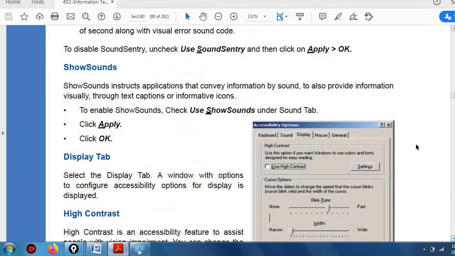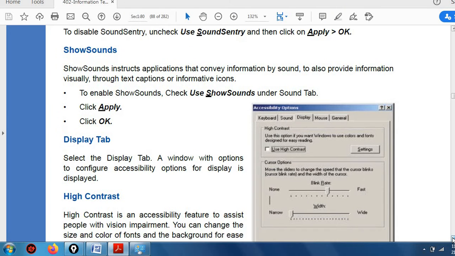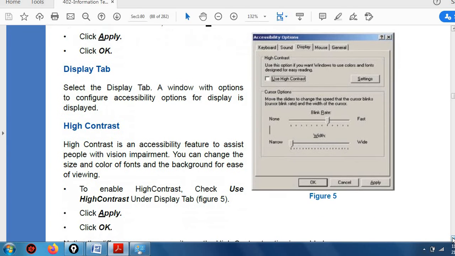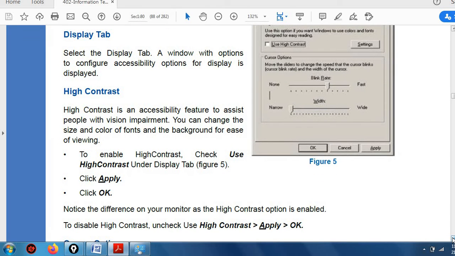Now, select the display tab, a window with option to configure accessibility option for display is displayed, high contrast. अब ये डिस्प्ले, this is about the display tab. जैसे sound tab is for those persons who are having problem in the listening, hearing impairment, right?